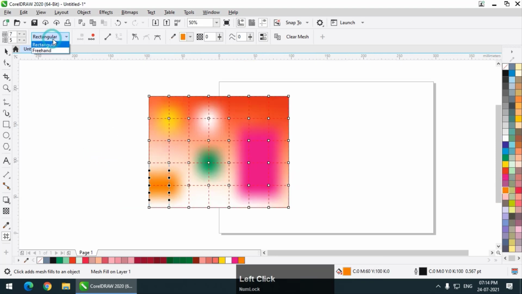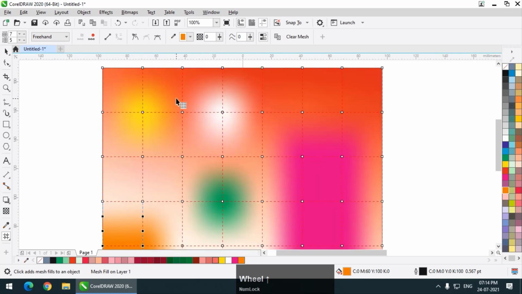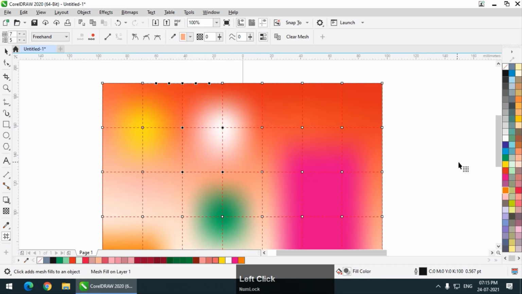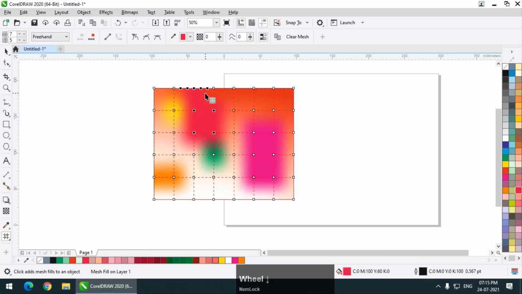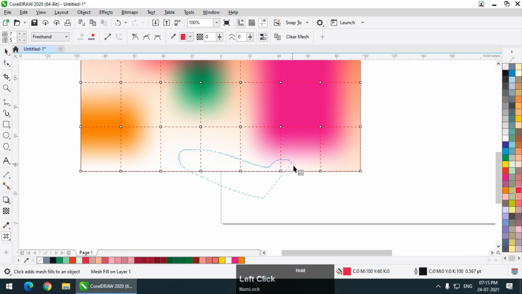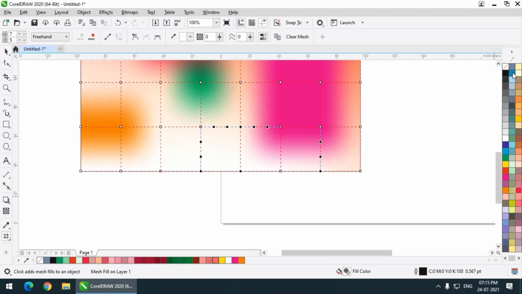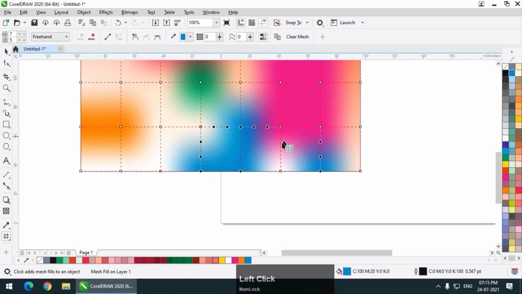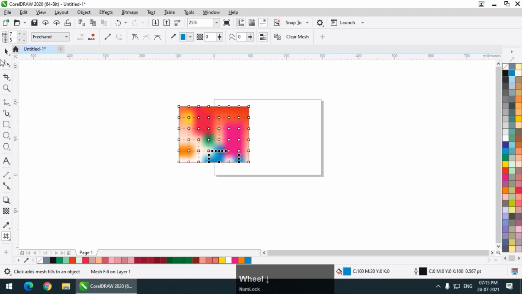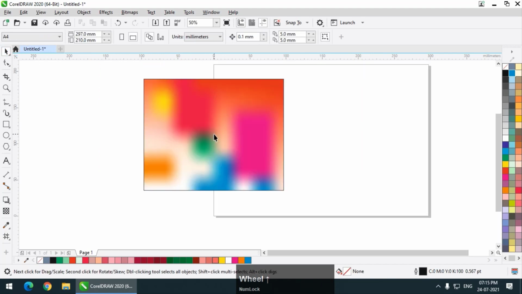And there is a second option called freehand. With freehand selection, we can select random anchor points and apply whatever color we want, like this. Let's say I want to color these 3 and this one, then you can simply select those points and click on the color, so that color will be applied. It will look something like this. I know right now it is looking messier, but how can we use it efficiently?